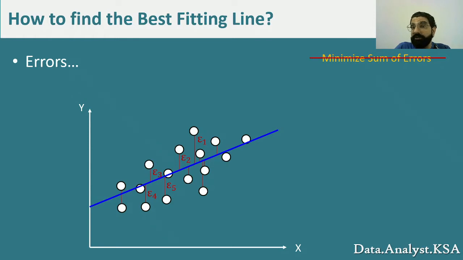So there are two ways to do it. We can take the absolute value of them, or we can square them, because we know any number squared will be positive. And we choose to go with the squaring because it helps us in the arithmetics of finding the solution. And hence comes the idea of minimizing the sum of squared errors. So eventually we will square all these errors, so all of them will be positive. We will sum them and we will find the line that has the minimum sum of these squared errors.